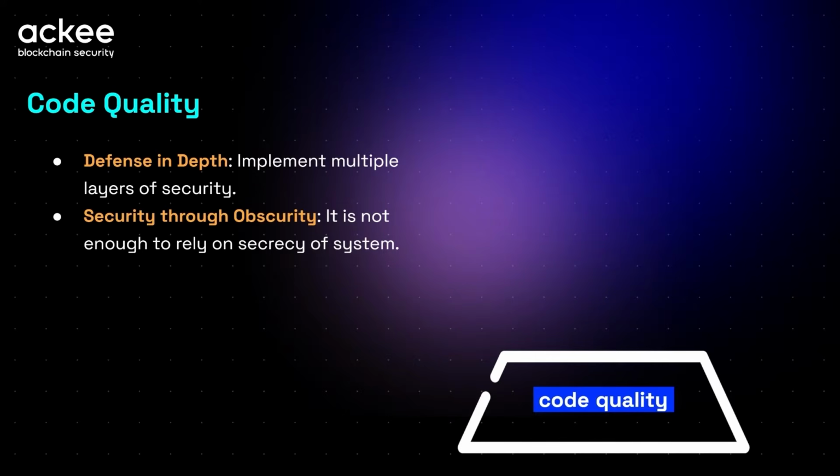Security through obscurity is really great when we are talking about defense in depth and the layers. So security through obscurity can add another level to this multiple level structure. But do not rely completely on the fact that your, let's say, source code is closed source or the keys are private,